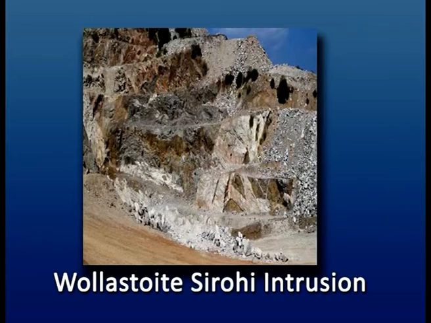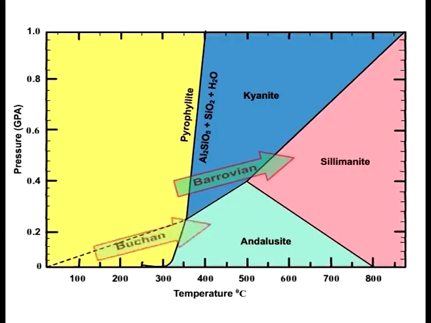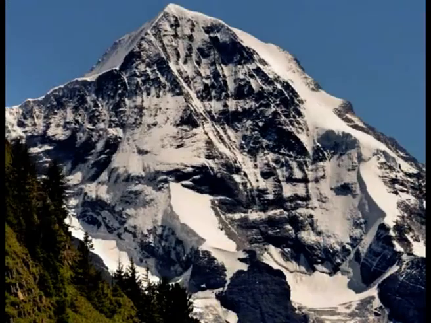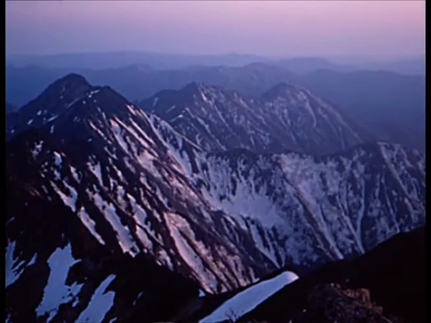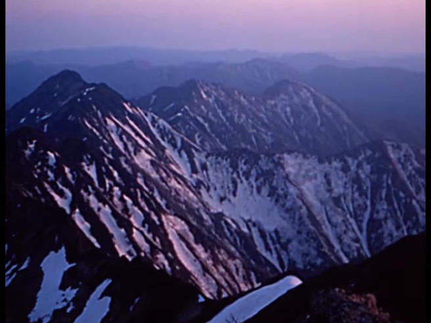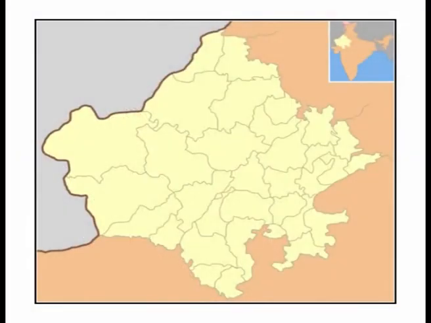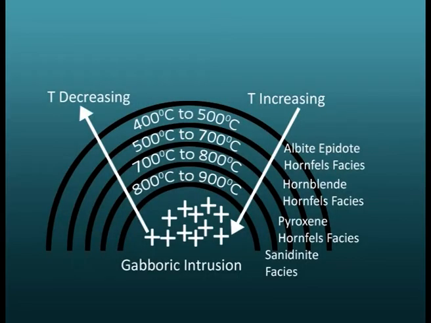For example, northeast Scotland, Buchan type of metamorphism, Pyrenees, the Alps, Rocky metamorphic belt, Japan, and Khetri copper belt, Rajasthan, India. Please see on the screen